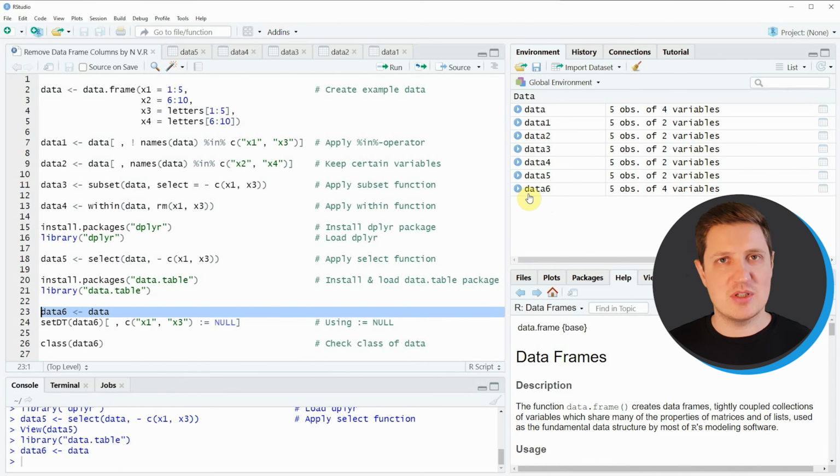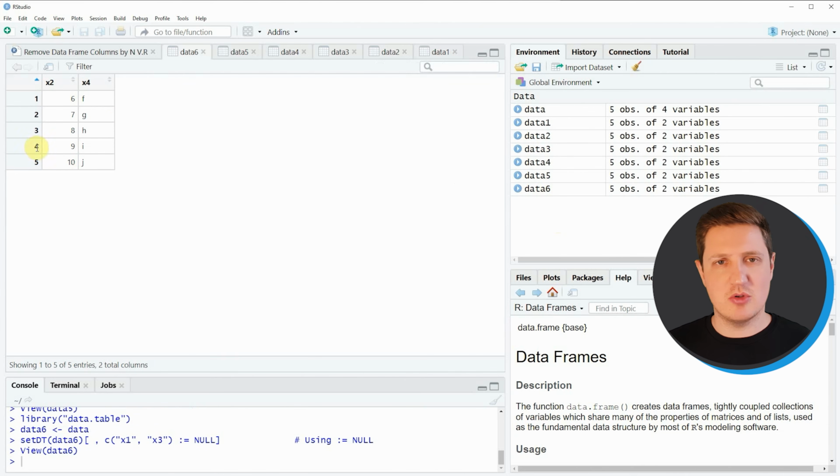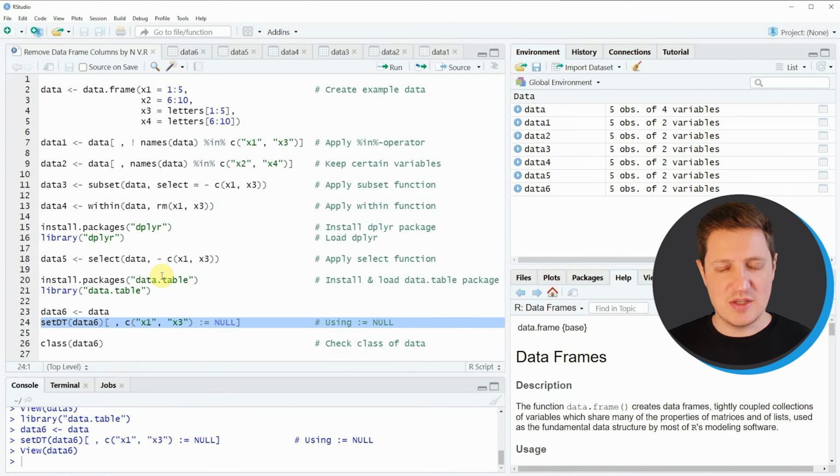However, this data frame is at this point consisting of exactly the same data as our original data frame. But if we run line 24 of the code, our data frame is updated. If we now have a look at our data frame, you can see that this data frame consists of exactly the same columns as the subsets that we have created before. However, this time we have used the data table package to remove the columns from our data frame.